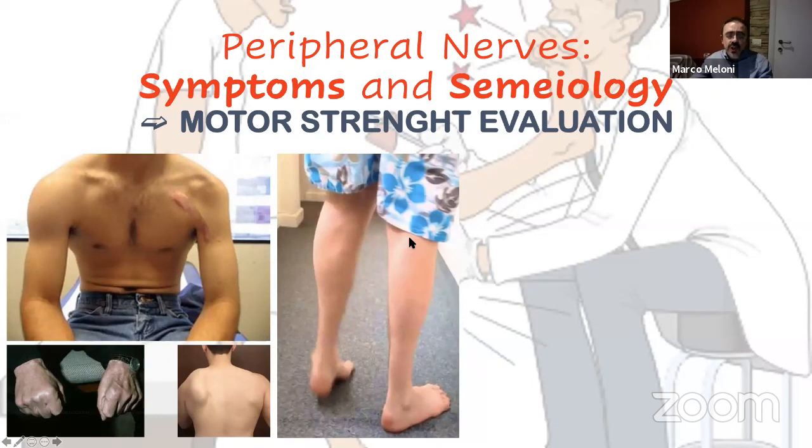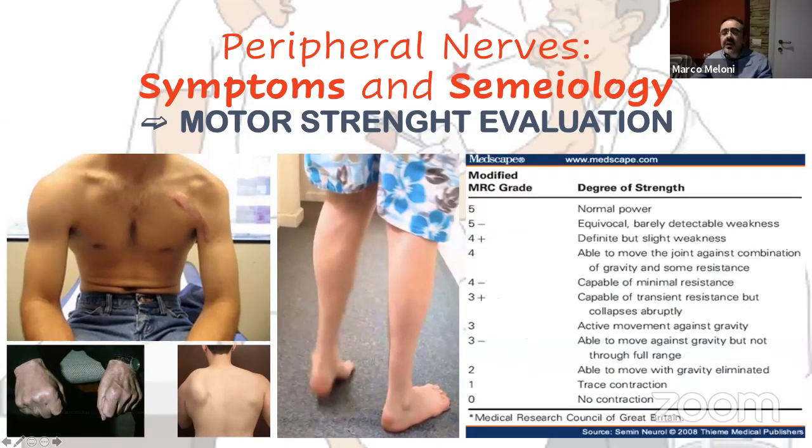a motor neuron degenerative syndrome. And to get a score for the motor strength, we have the most commonly used scale, the Medical Research Council of Great Britain grade, that goes from normal power down to no contraction at all,